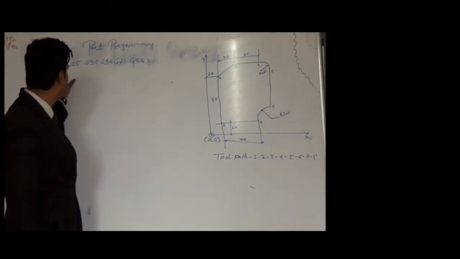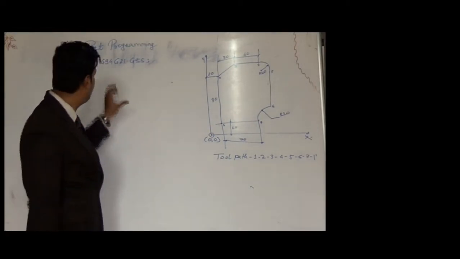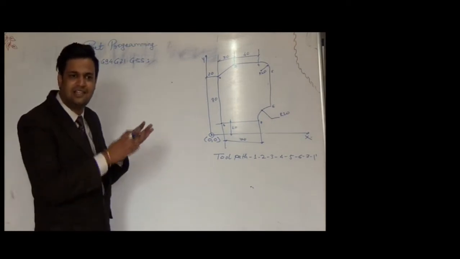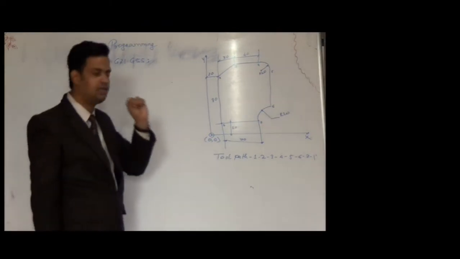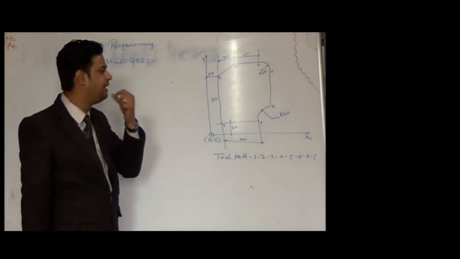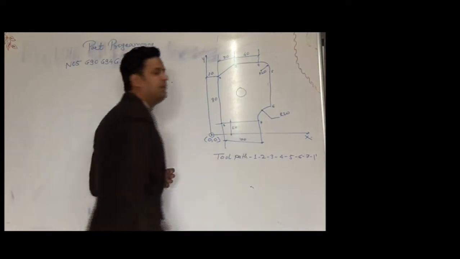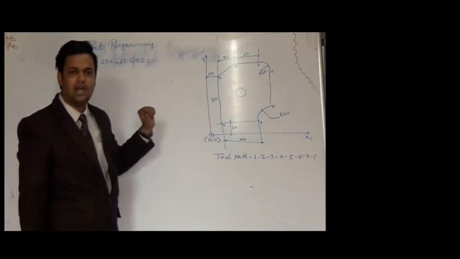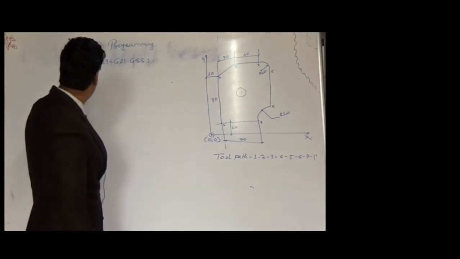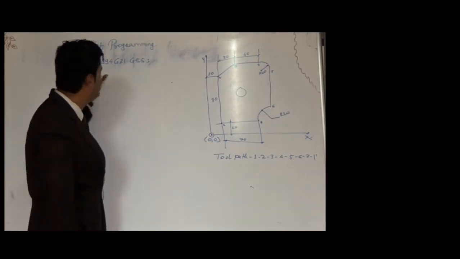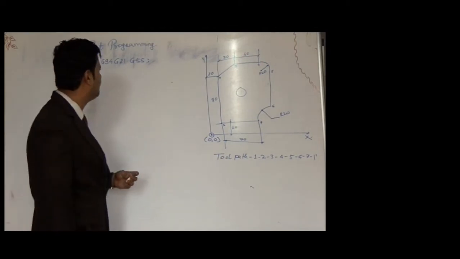What does it represent? N05 is the serial number we use for programming, like 1, 2, 3, 4, 5, 6. Why am I using 05? 05 gives me an editing position, or editing blocks, of 4. Suppose I want to machine a hole in between this profile. I have to change this machining to include a simple hole. Then I can edit that by using N01, 2, 3, 4 and 5. It will follow the sequence as per the numerical value.